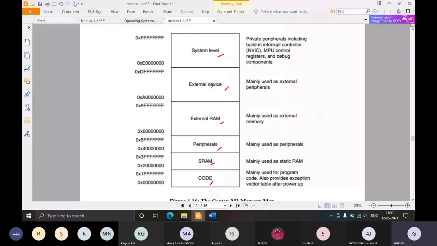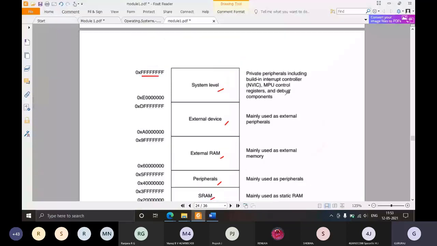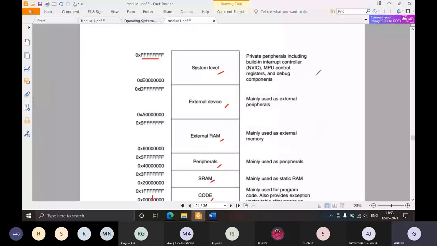And you can see, as I told, the address is of 32 bits. You can see here it is an 8-digit value, 0000, followed by again 4 zeros. Totally 32 bits. You can see the address is starting from 8 zeros and it is going up to 8 Fs. So totally, how many locations? It can address up to 4 GB of memory. 4 GB.